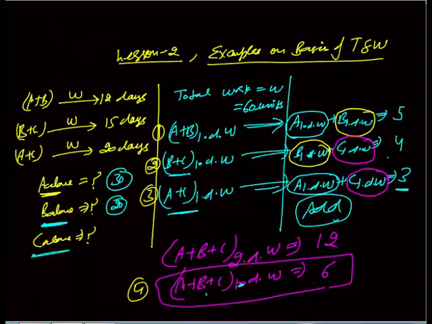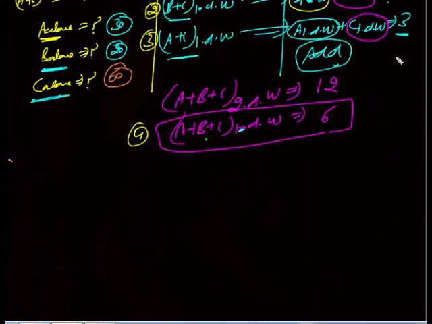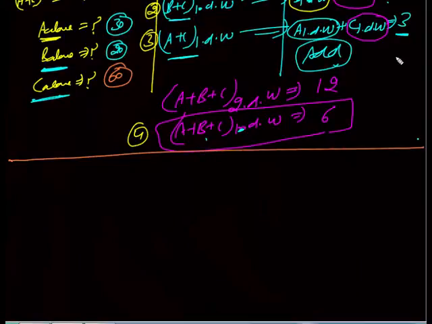What about C alone? For C alone, I will go to the first equation. Look at this equation: A and B are doing 5 units of work. All three are doing 6. So by common sense, C is doing 1 unit of work per day. So C will take 60 days to complete the work. So in this way you can solve this question logically.